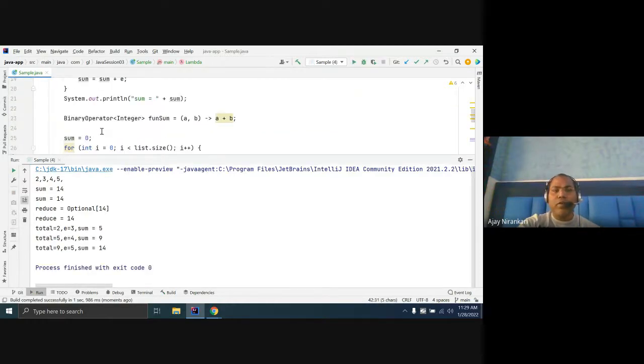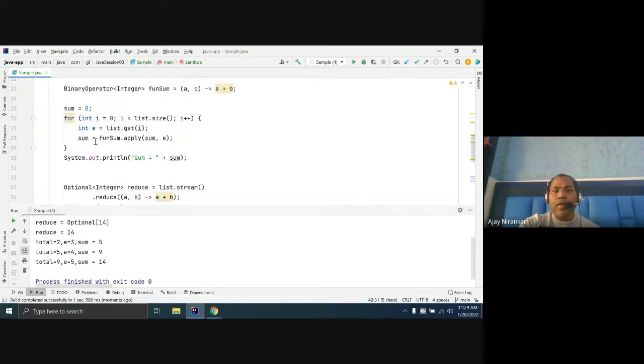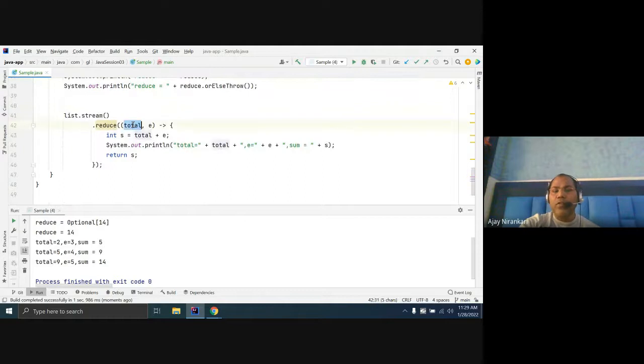Like in our previous code, where we had a sum variable, similarly here the first parameter is the result after operations of the previous elements. Total first 2 and 3, then sum 3 and 5, then 9, and finally you get the sum as 14.